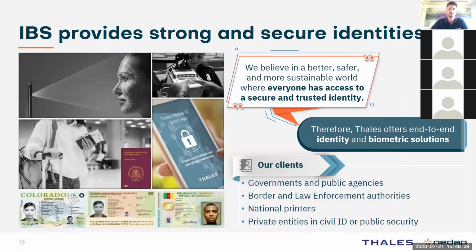So to give a little bit of understanding, originally our business line was providing secure documents such as passport, ID, driving license, and so on, that are the basis of someone's identity. But then gradually we also provided a number of solutions to manage the whole life cycle of this document, from the